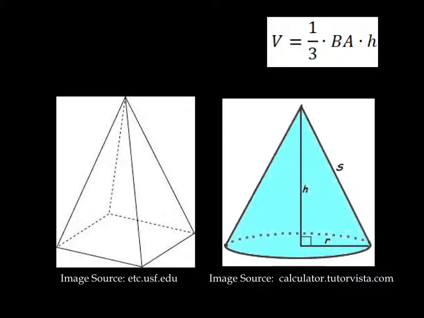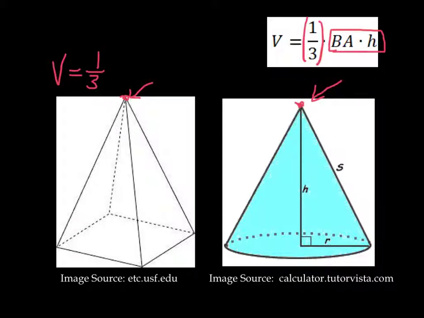Alright, in the last video you saw that in general volume for any prism is base area times height. Now we'll see that any cone or pyramid that ends at a point called the apex will be just that same base area times height multiplied by 1/3. So for example, the volume of this pyramid here will be 1/3 times the base area, which is length times width,